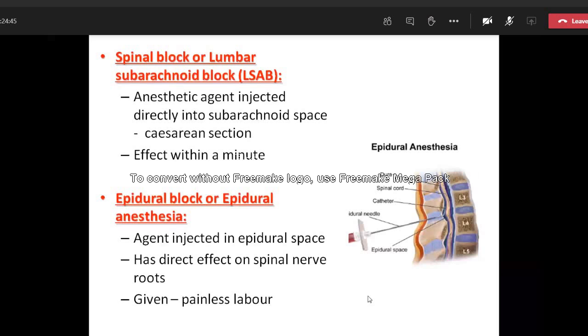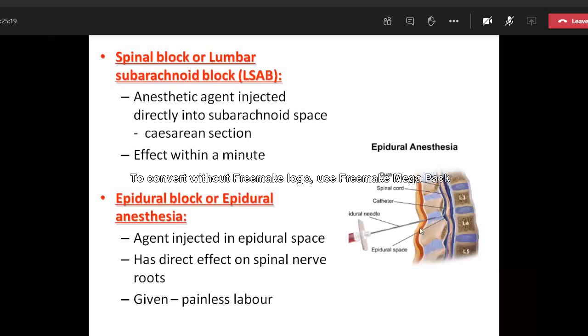Now, what is spinal block? You must have heard of spinal block. Surgeries like cholecystectomy and even cesarean section are usually done under spinal block. Spinal block is like a lumbar puncture: the anesthetic agent is injected directly into the subarachnoid space. So it's spinal anesthesia, or the spinal block, which is nowadays commonly done during cholecystectomy